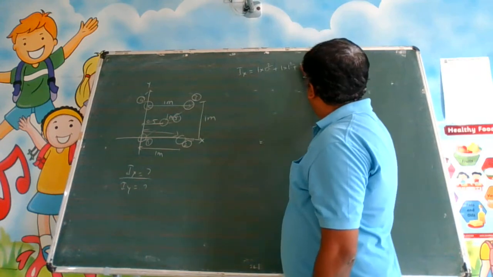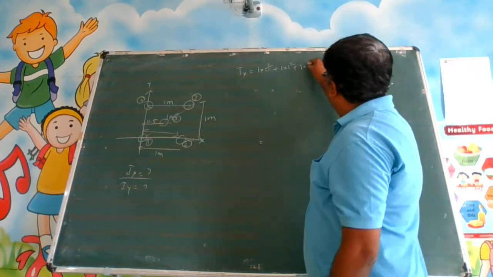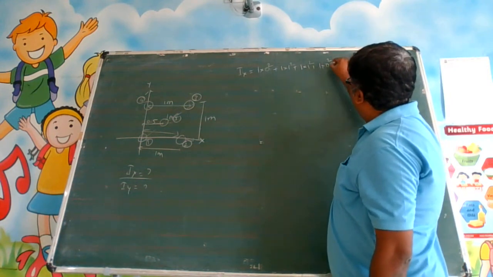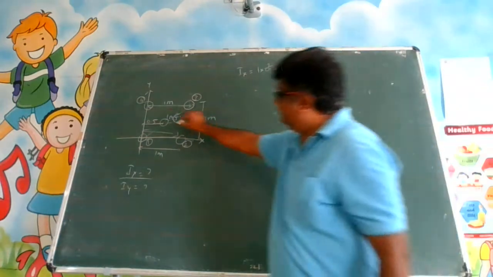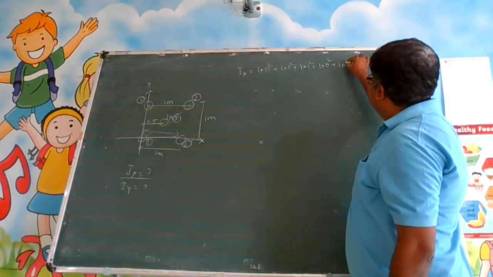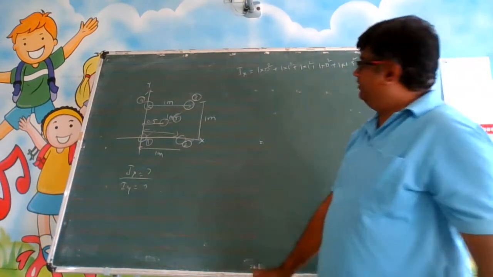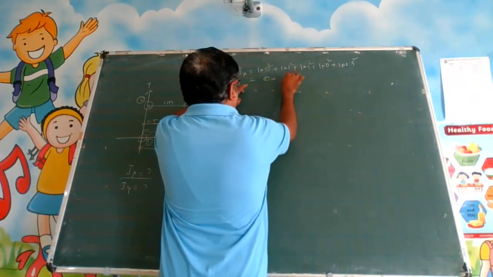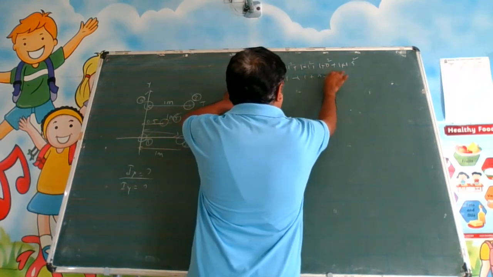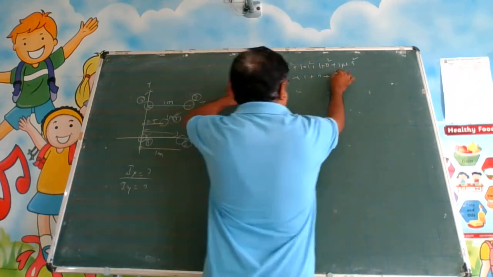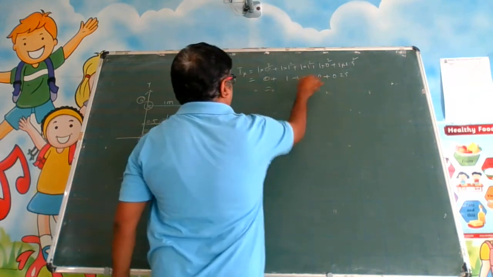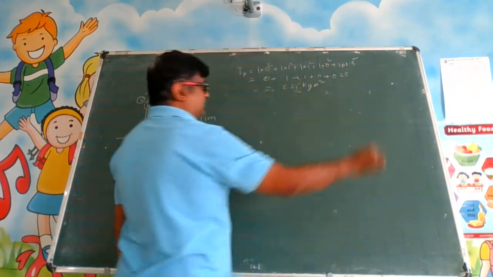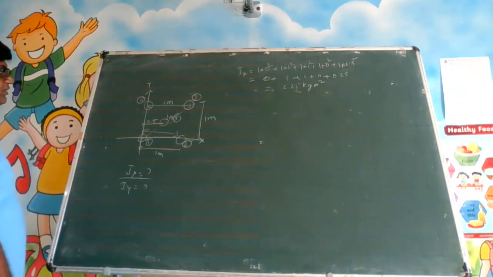1 into 1 square, this is done, this also will be 1 into 1 square. What will this be? The fourth one is 1 into 0 square, and the fifth one is 1 into 0.5 square. So this is your Iy value. Add this: 1, 1, 1, 0, and 0.5 square is 0.25. So it is 2 plus 0.25, 2.25 kg meter square. Always make a habit to write the units.